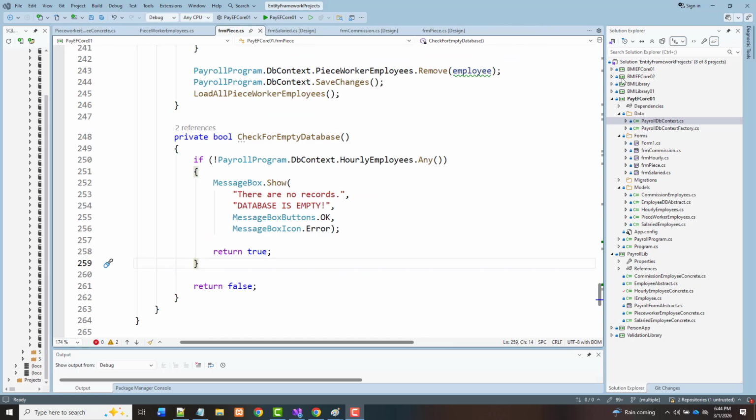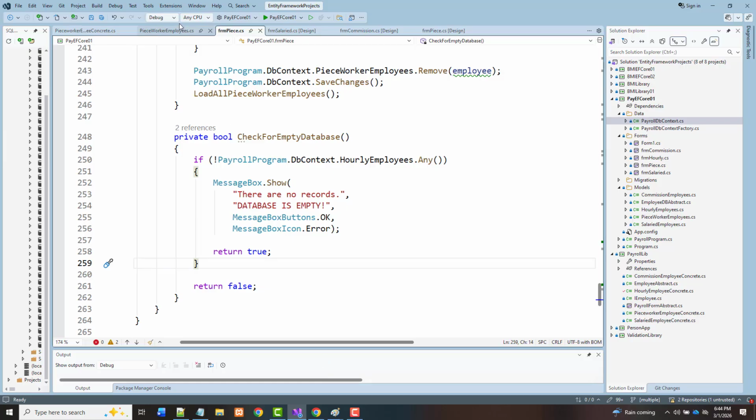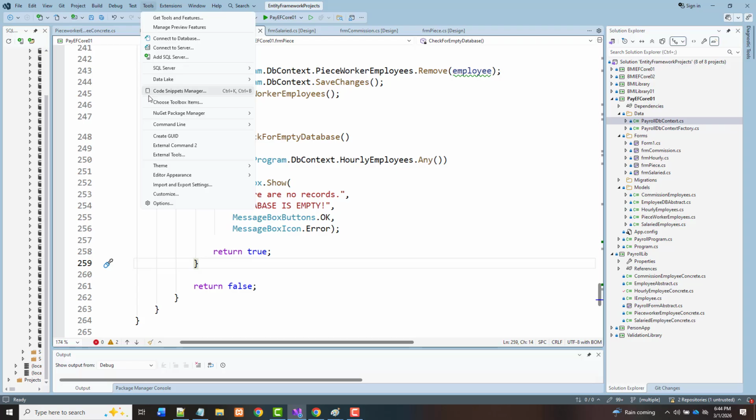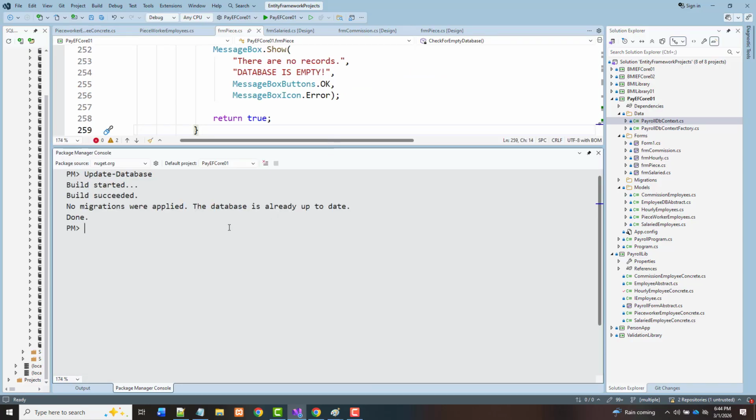Okay, I believe that the error is being shown to me. All right, and the problem is when I ran the NuGet Package Manager, I did an update database. All right, and it succeeded. But I think I got to do more than that. I think I have to add a migration. So add migration,